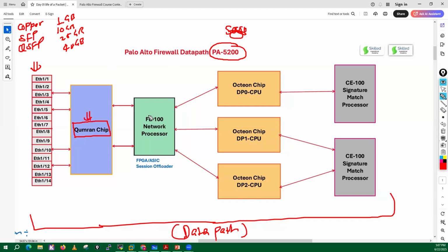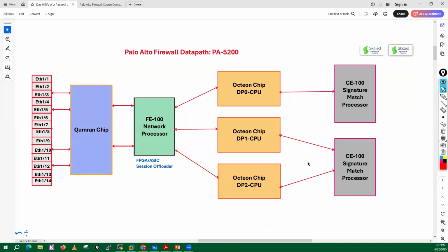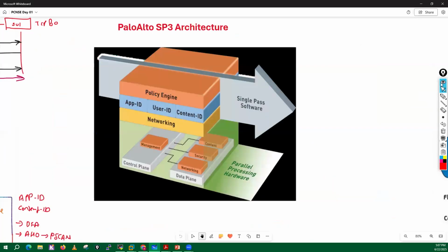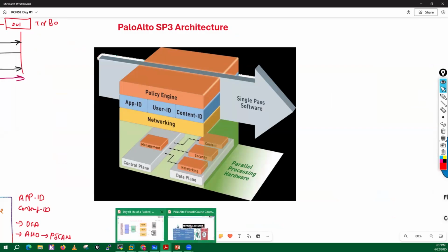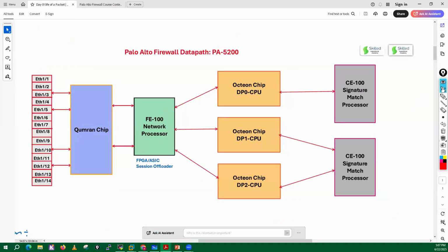Now, this Qumran chip has direct connectivity with one more chip, which is known as FE100. This is a network processor, which you have seen in our SP3 architecture, the networking processor. This processor is known as your FE100. Guys, this FE100 is a network processor.